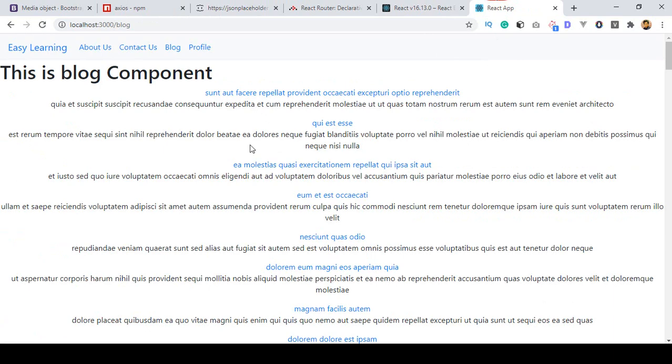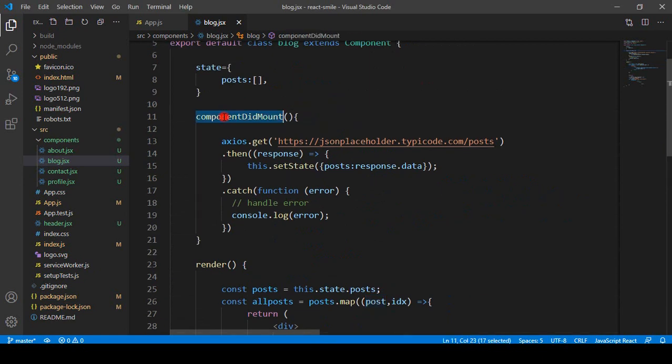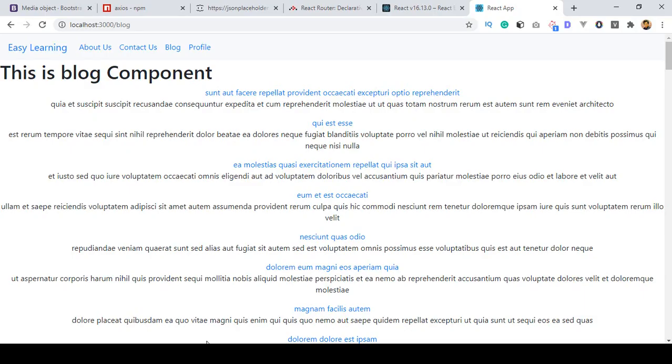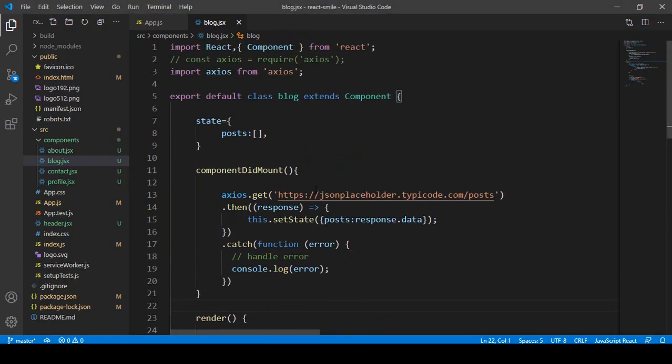And also I added one method, right? We have added one method, that is componentDidMount, and with this componentDidMount, when our blog page is loaded, it automatically gets all that our response data, that means our JSON data. So for that reason you can see without loading that page, it's now perfectly getting all that our blog data. So friend, I hope each and every line is very much clear to you,